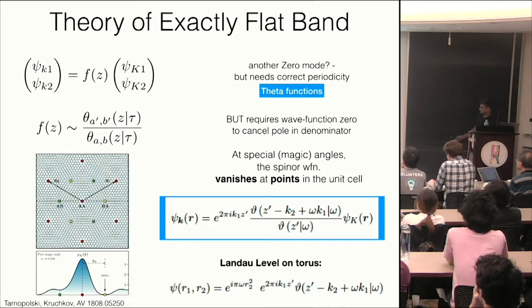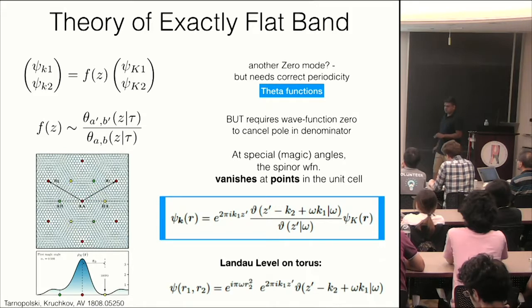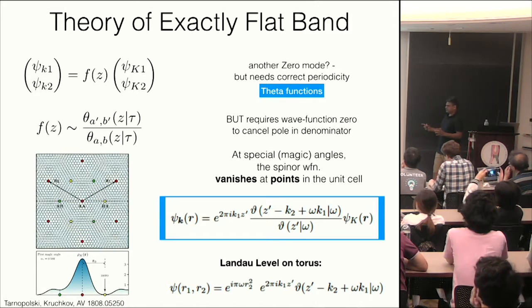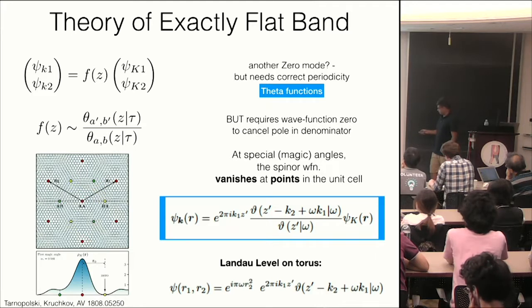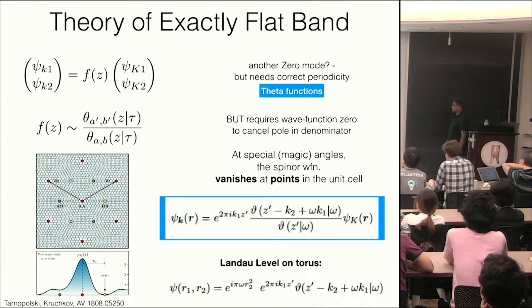Okay, so there's an interesting connection between this and the Landau levels on a torus. Okay, so a completely different problem. You have an electron in a magnetic field. You take periodic boundary conditions with 1 unit of flux quantum, ask what is the wave function. Okay, and it turns out the same theta functions appear. There's something up front which is different, which is really the ratio of these two terms, similar to the ratio of these two terms. Okay, but this operational part, this theta function is the same. And in fact,